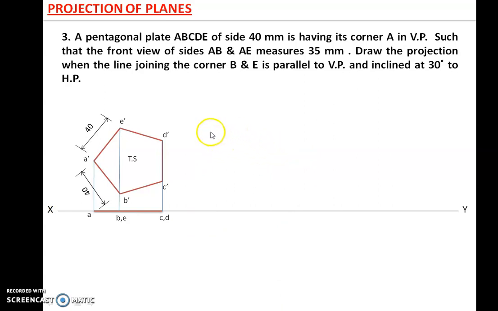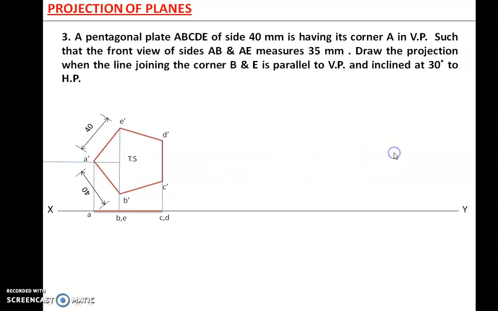So can we go the other way, that I will draw the reduced shape here and then I will incline the line, as we have done for the problem of rectangle and square? Yes, we can do it. That's why the dimensions of these sides AB and AE are given. These are nothing but the dimensions which are seen in the reduced shape.